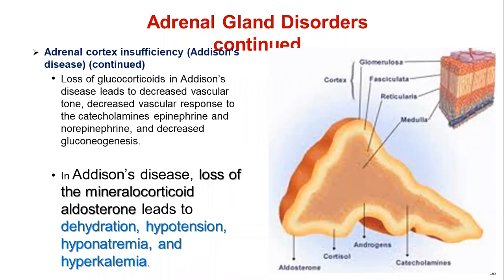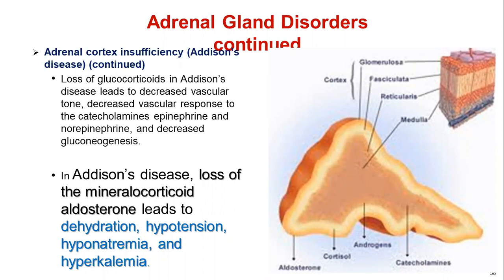Here we wrote the few that are essential for our board exam: dehydration, hypotension, hyponatremia, and hyperkalemia. So for Addison, I said D for down, all of the hormone secretion goes down,